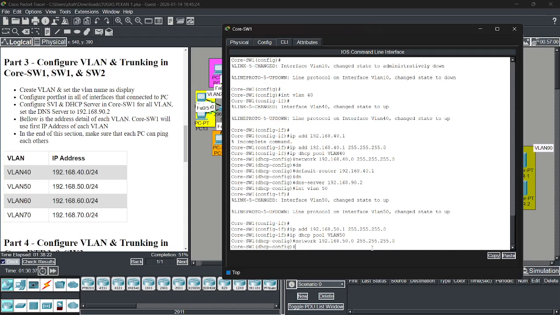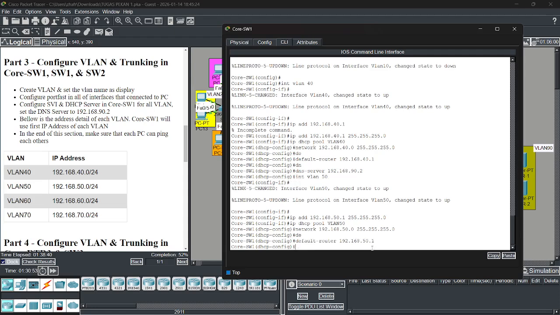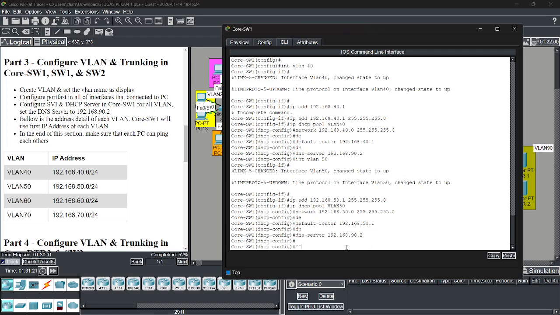Continue network, and then default router. Okay, and then after default router is DNS server 90.2.